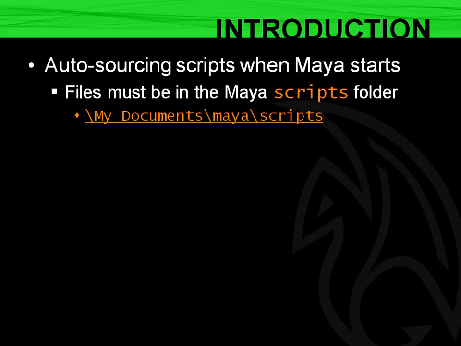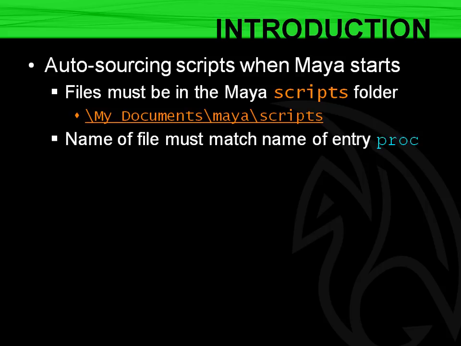It's very simple. What you do is you put your scripts into the My Documents Maya scripts folder. And everything in there, when Maya loads up, gets sourced. And that means it gets read and put into memory. Now, if you name the file the same as a single global procedure inside that file, it'll automatically be available to you to use instead of having to